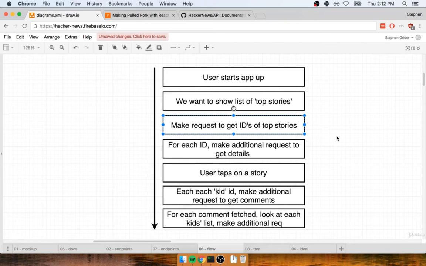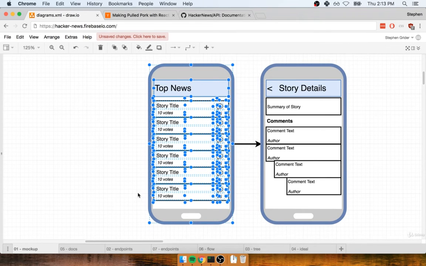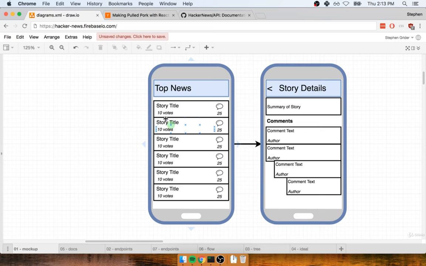When we get back the list of IDs, we're going to take every ID and make one additional request for each one. That's going to give us some information about each story. So this square right here essentially will get us to this point. It's going to get us everything we need for the home screen. We're going to fetch all the IDs, make one request to get information about each story, and we'll show that